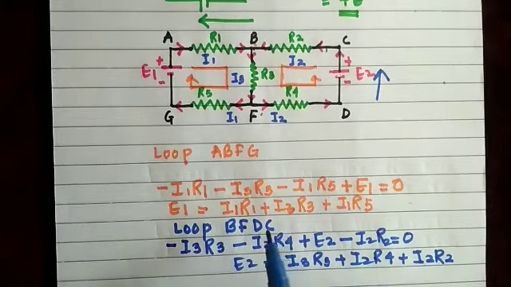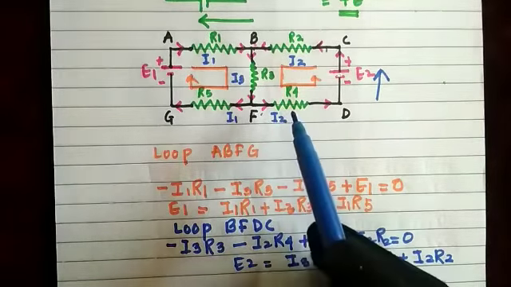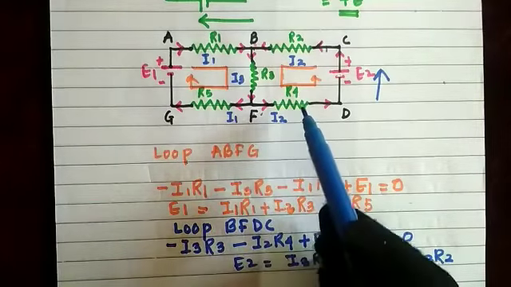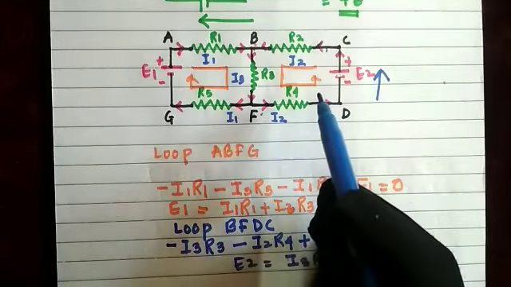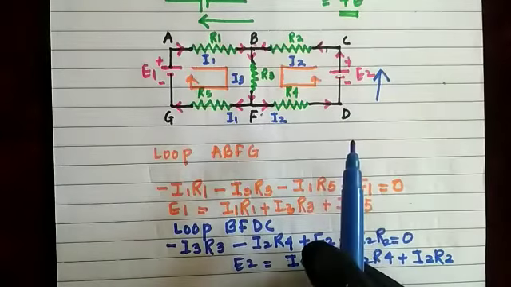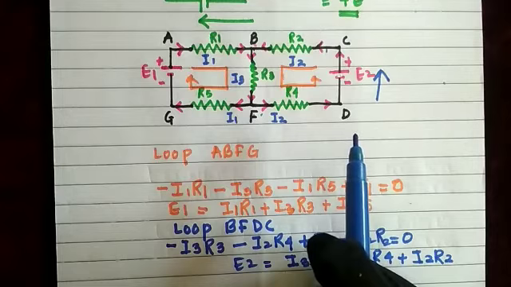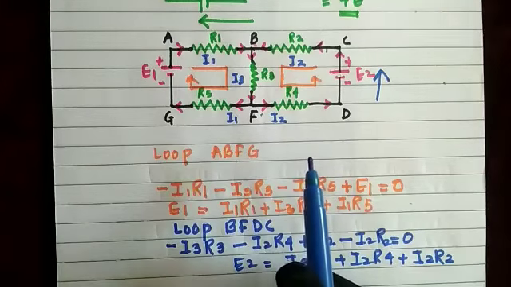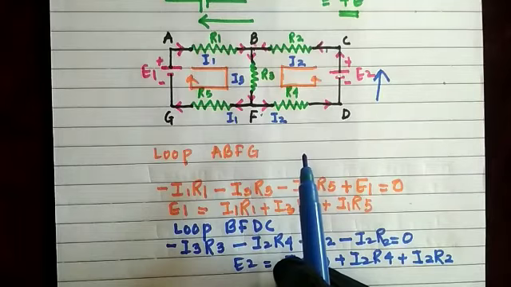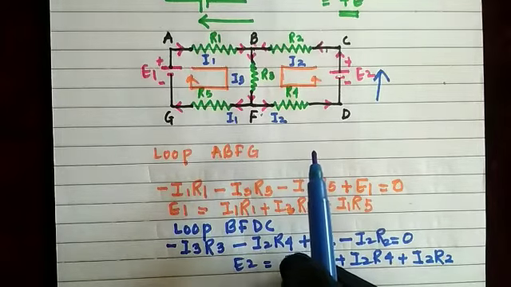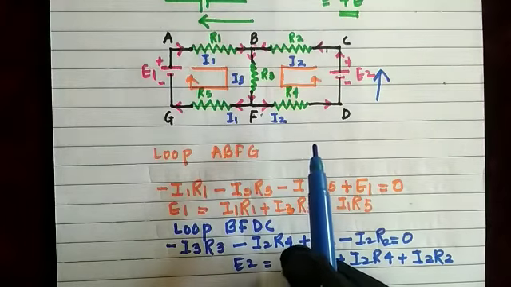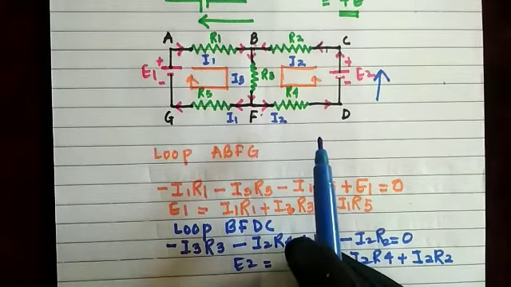So this is how to apply Kirchhoff's voltage law or Kirchhoff's second law in an electrical network. You have to remember the sign convention for the potential differences and for the EMFs, so it will be easy for you. Most of the time students get confused, so you have to remember the sign convention that I have discussed with you. So please make a note of that and start applying Kirchhoff's voltage law and Kirchhoff's current law in an electrical network that is given in your textbook.